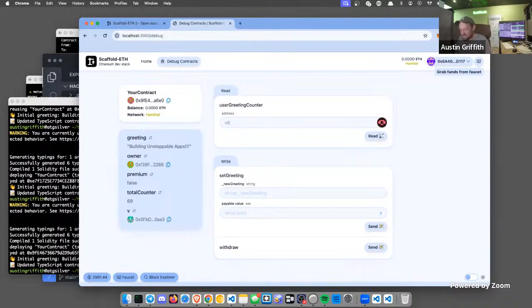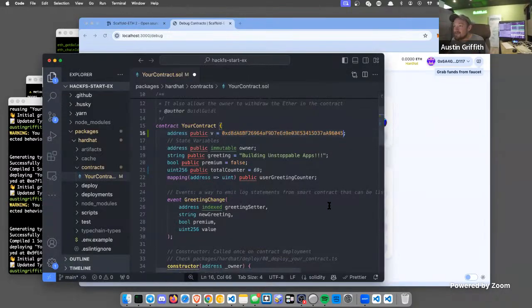But here's what we could do. We could do Vitalik.eth right here and look at that nice ENS resolution. So Scaffold ETH comes with a lot of good components built in, like this nice address input. And now I could copy that and paste it in here. Now we have V. For some reason, if we wanted to set Vitalik up as the owner or something like that,